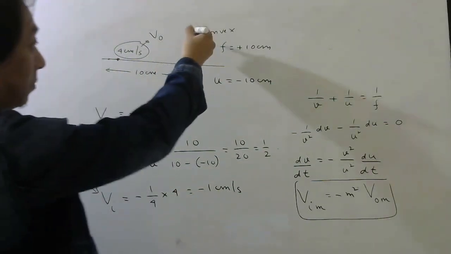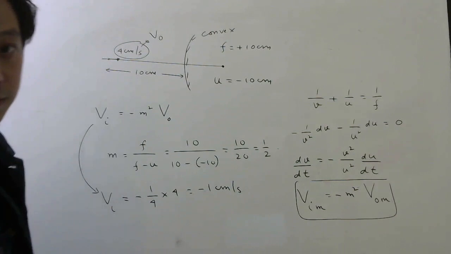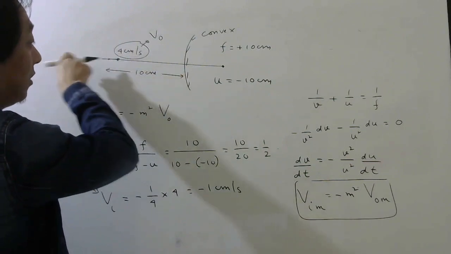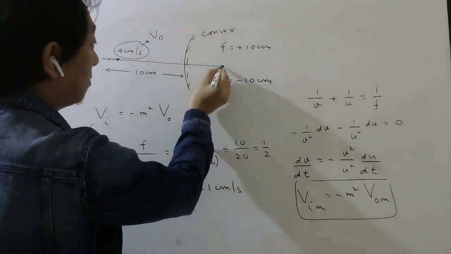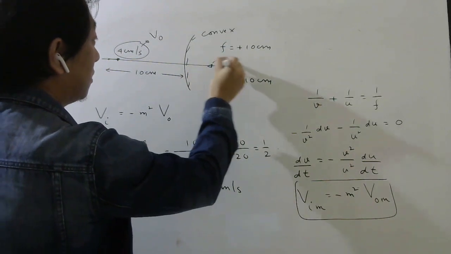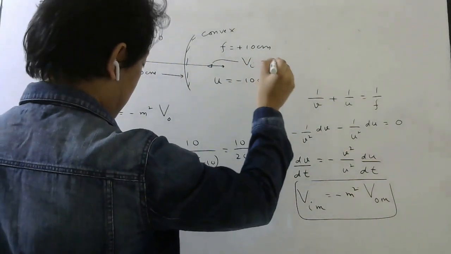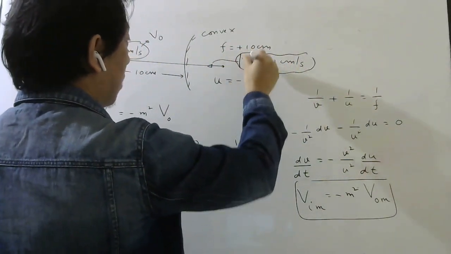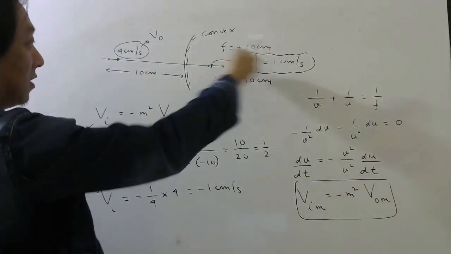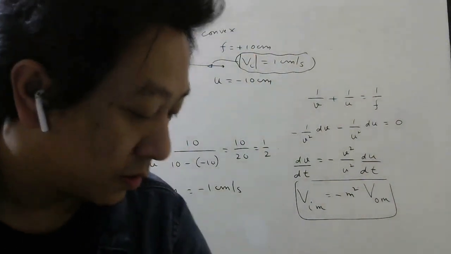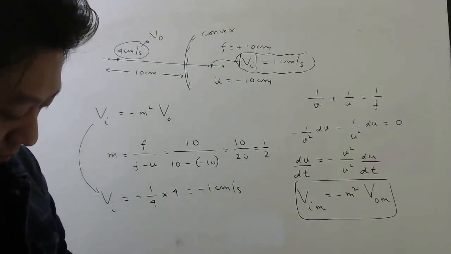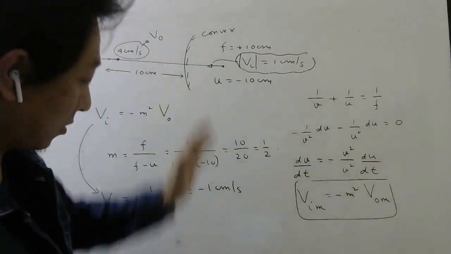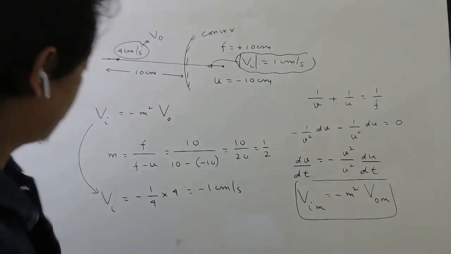So image, if you remember, for convex mirror, image is this side, right? And it is moving with 1 centimeter per second. Minus it is. So this side we have written positive. Since image velocity is minus, it must be this side. So this is your image velocity, which is coming 1 centimeter per second. Magnitude is 1, direction is this side. Minus sign means it is this side. Okay. So which is the right answer? 1 centimeter per second in leftward direction, left side. So option A. Option A.